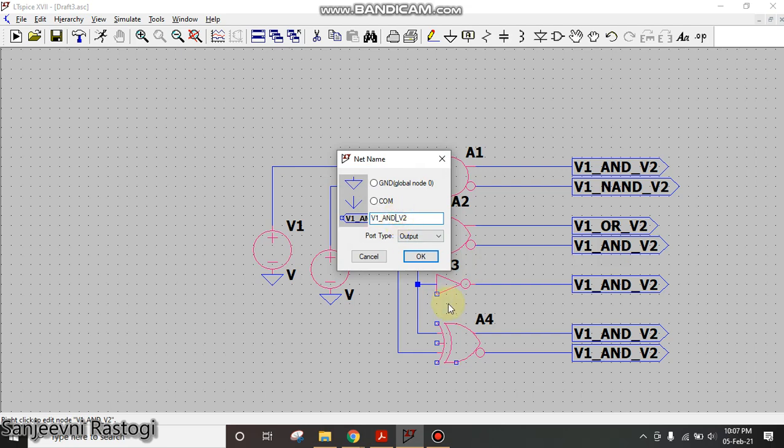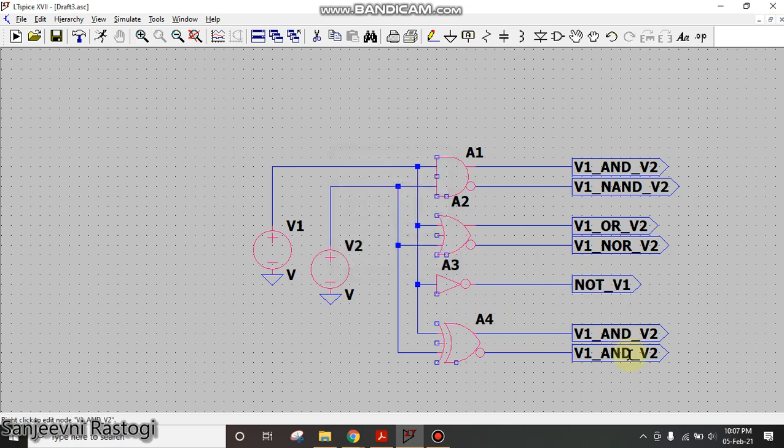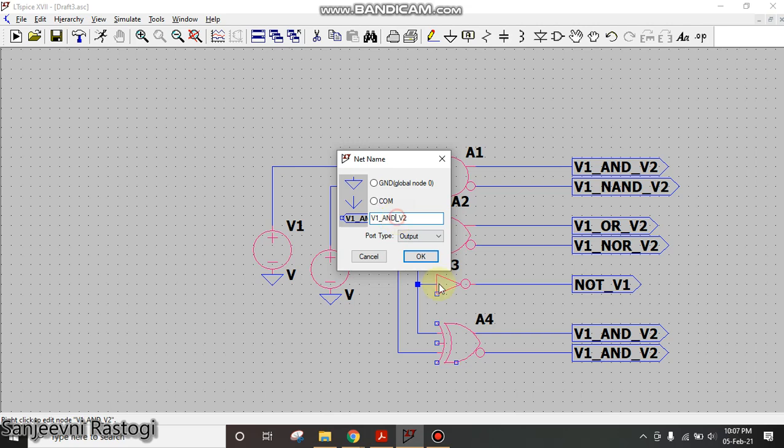Here, the same way, instead of AND write NOR. Here I will write NOT underscore V1. Here, instead of AND I will write XOR, and instead of AND here I am going to write XNOR.